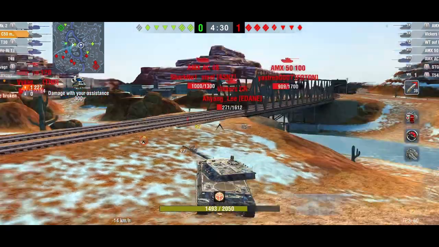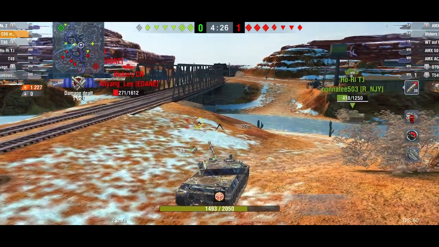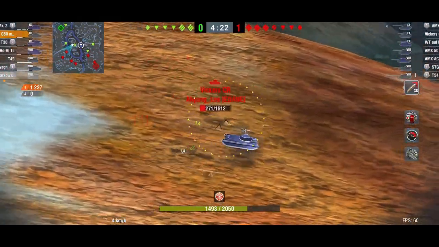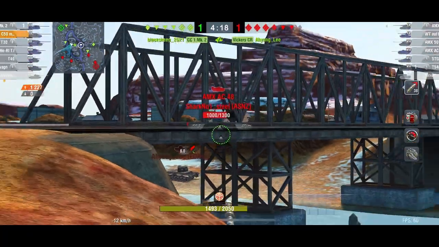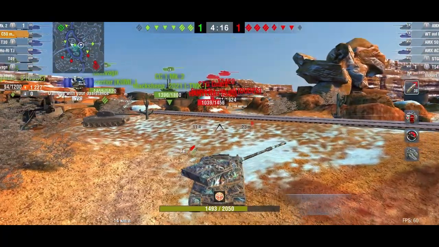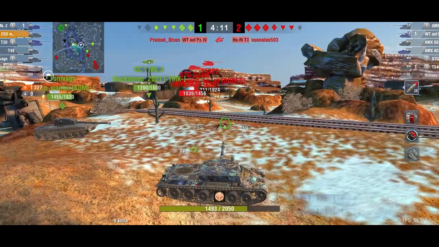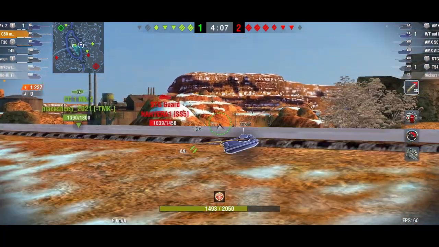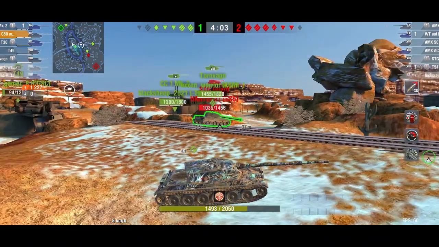So there's the waffle. Get a nice shot into him. Now, if you didn't know about dead rail, you can actually shoot through the tracks, so you don't have to be exposed for a long period of time trying to get a shot off. The left side is getting pretty dominated by the STG and the T54 E2,